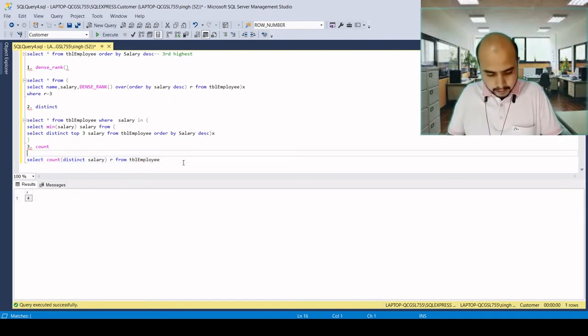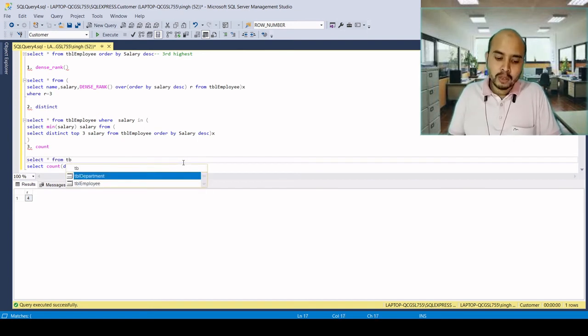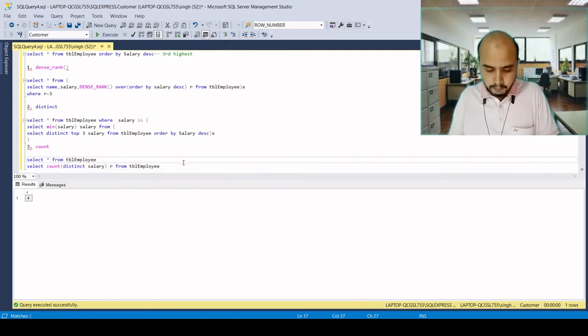So here we select star from the table, and we need to do a self join with the same table.